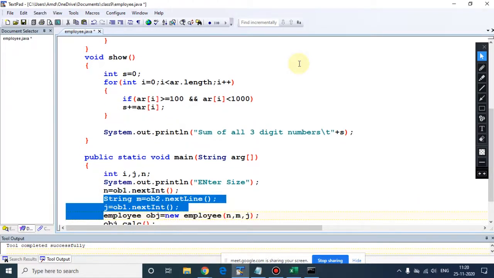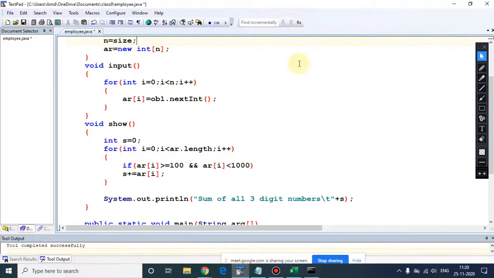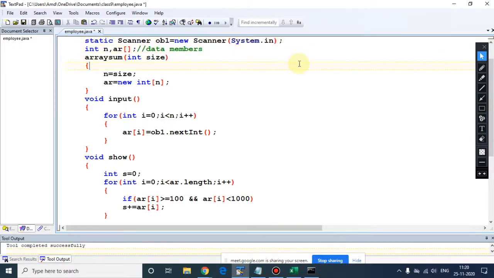After that we need to create object, and then we are passing only single parameter. So what will happen? Directly your constructor will execute, in which we have passed the n, that is your size of the array, and that we are storing in size.